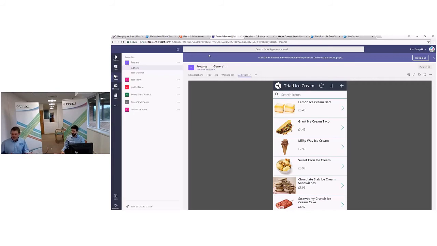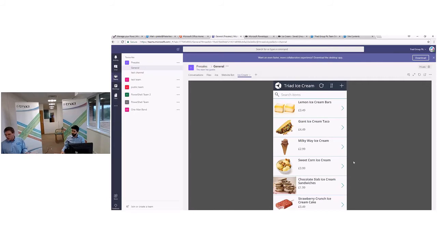What we've done is we created this little Power Apps app, and we basically use it to order ice creams. So we've got a whole list of ice creams, and you can probably see over here, I'm in Microsoft Teams. So inside Microsoft Teams, I've added a tab over there and created my custom app without any coding. This is a low code application session. And if you look at the app, you can simply click on one of these buttons and you can order